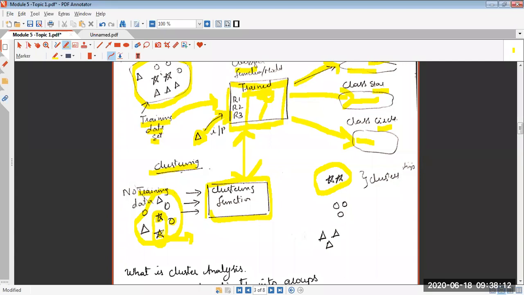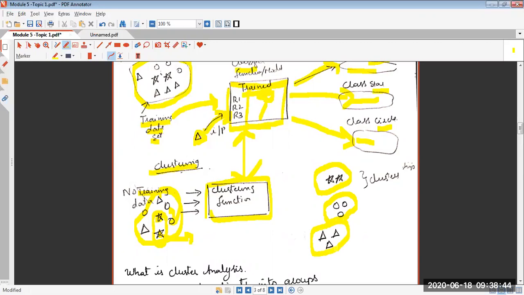It will compare it with the star. Obviously, the properties are different, meaning that the distance is large. Next, it will compare with maybe a triangle. The distance is large. Next, it will compare with the other circle. The distance is very small, meaning that they are similar. So all these circles that you are seeing will be pushed into one group. Similarly, the same follows for the triangle also.